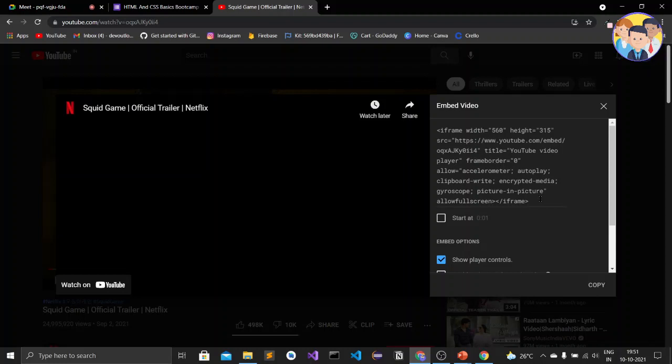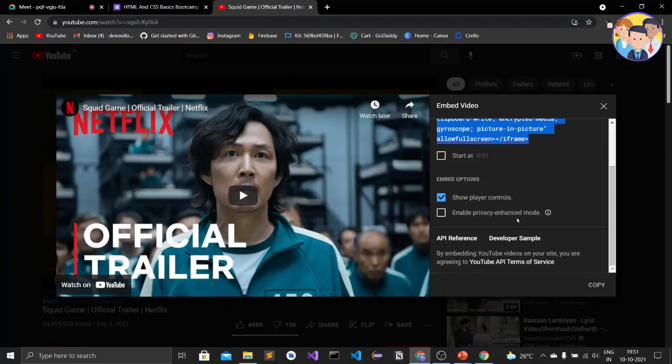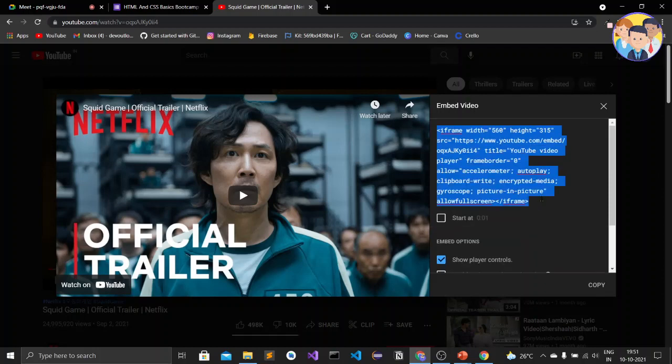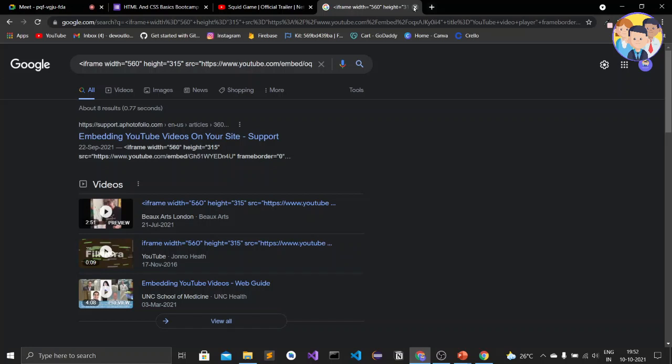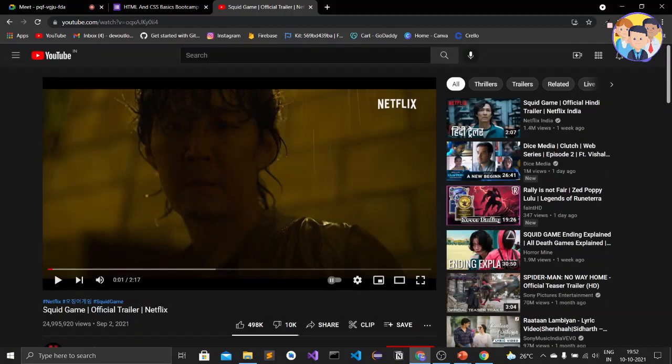We can also give conditions for the YouTube video. When we copy this and insert it in our code, then when we open our website, it shows this video, which is the Squid Game trailer. So this is how the iframe element works.